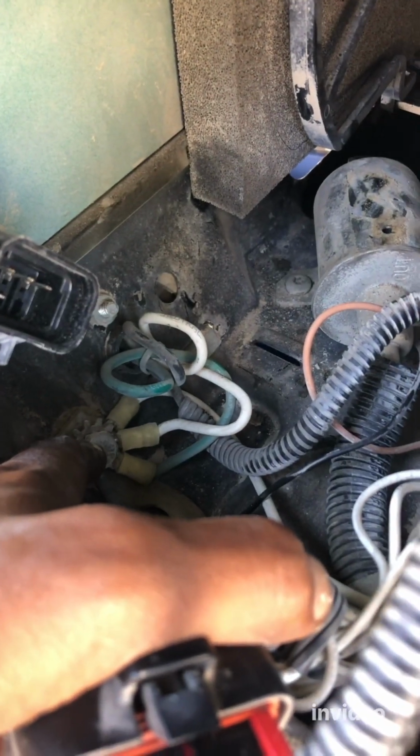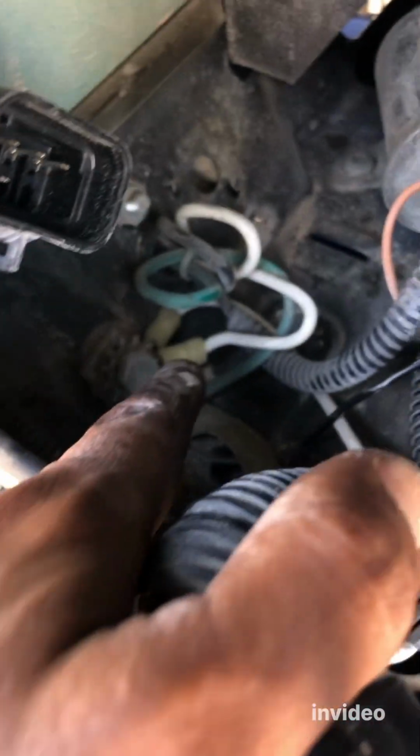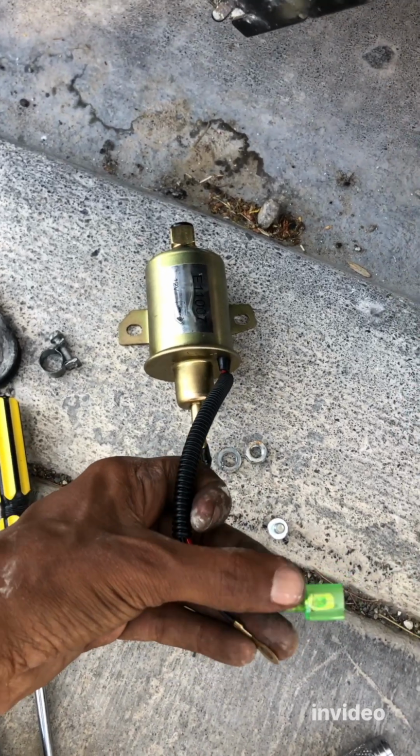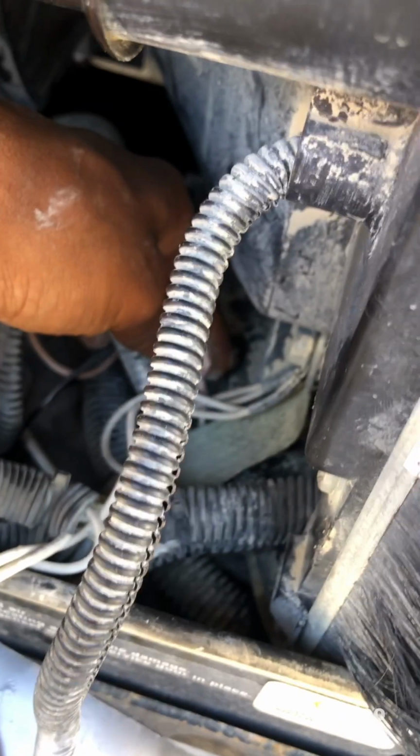So when you put the new one, yeah, it's inside here, the ground. They put the ground here. So you have to disconnect this and take out the ground, and then when you connect the new one, you have to put the ground in here and then put the bolt. As you can see, the new one comes with the socket thing, this part, which is very easy. It just plugs into this right here,